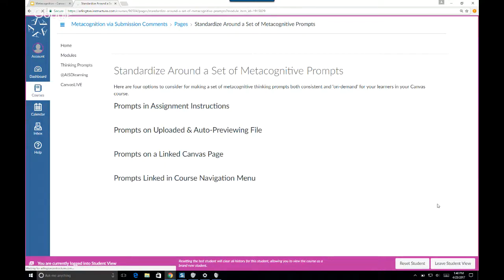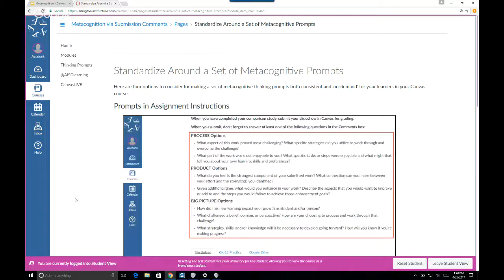And what I've done here, before we actually talk about the feedback loop that would be in place or could be facilitated through a Canvas course and the intention to be metacognitive with kids and coach that with them, students I should say, or even adult learners, I wanted to just show a couple examples of the different ways you could put prompts, ready metacognitive thinking prompts, into the Canvas course environment that you're working in.